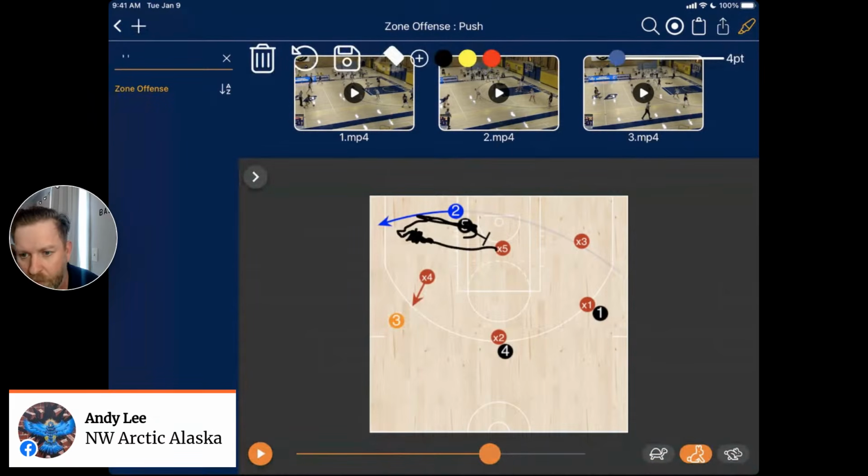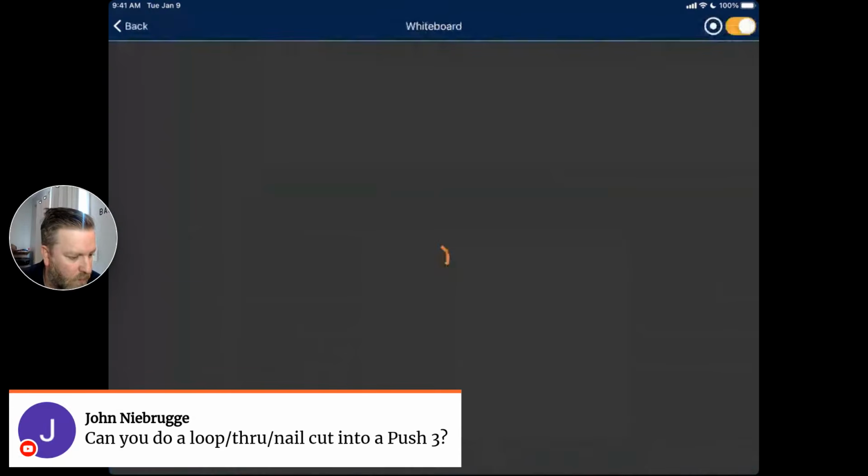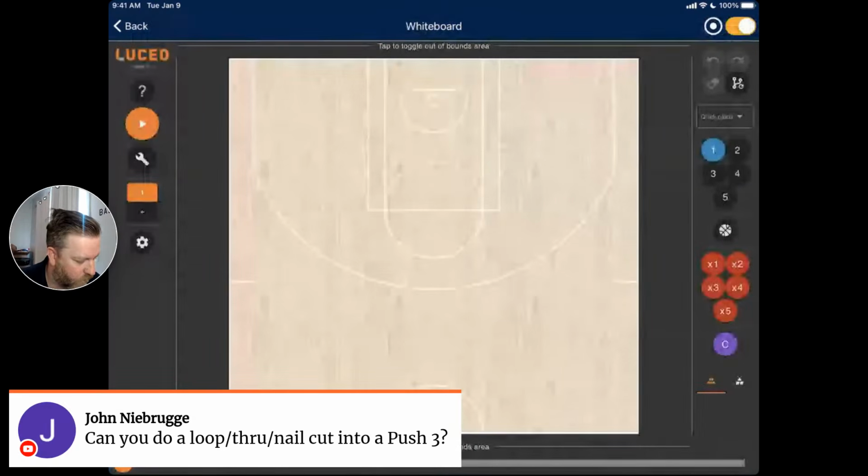So can you do a loop through nail cut into a push 3? Yeah, coach. Let's see. Can you do a loop through? Okay, so